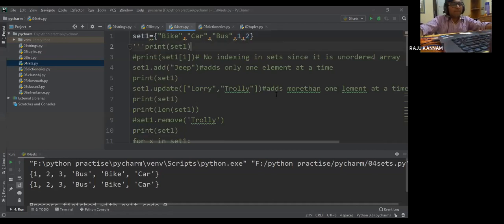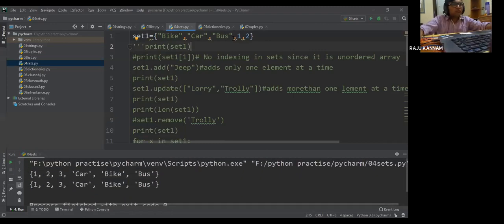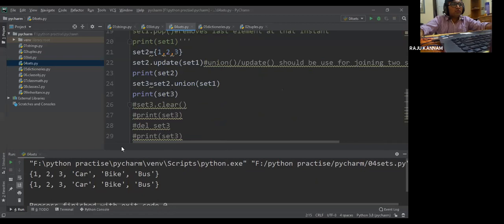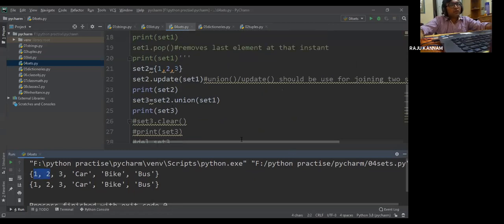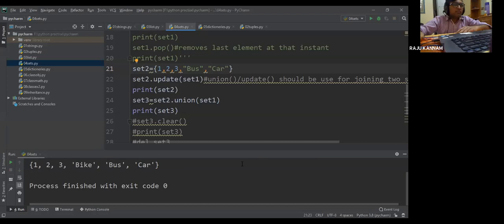Now if I execute, see here 1, 2 is there, here also 1, 2, 3 is there, but it is taking 1, 2 only once. And here I'll take bus, car. Now you execute it.